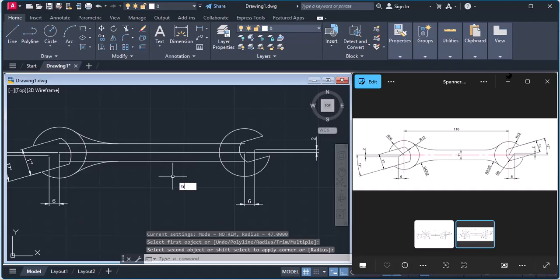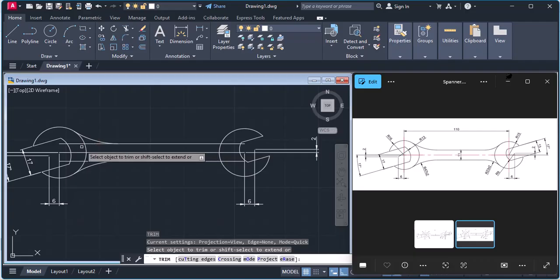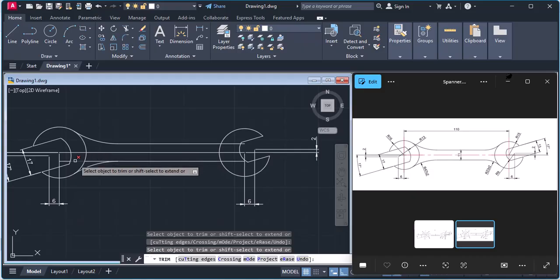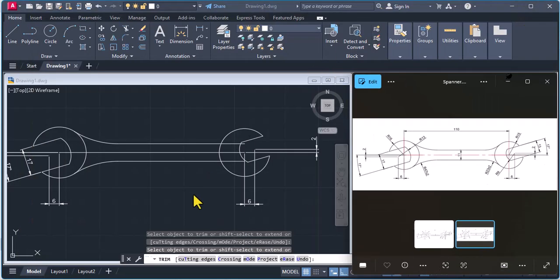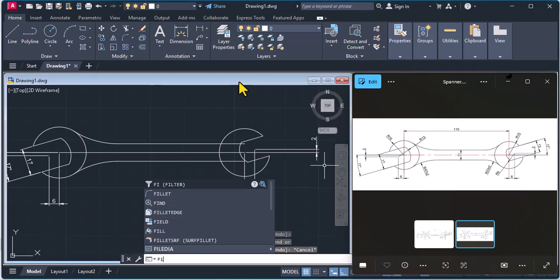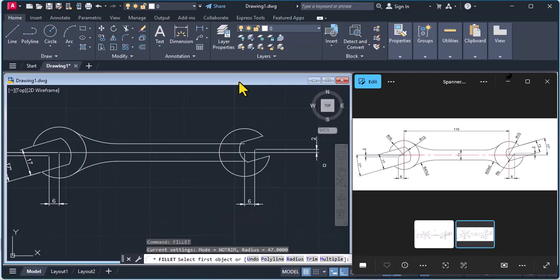Then we trim the unwanted lines. So TR for trim, and we no longer need this line, this line, this line. Now the other side, the fillet radius is 23. So come back to your drawing, get rid of the trim command, type fillet, R for radius 23,